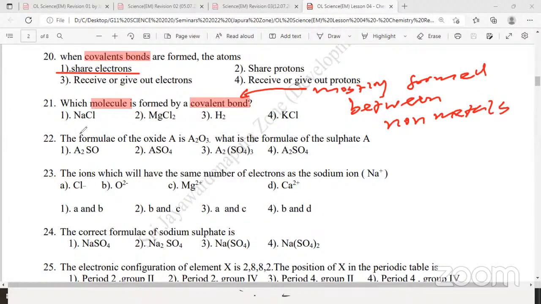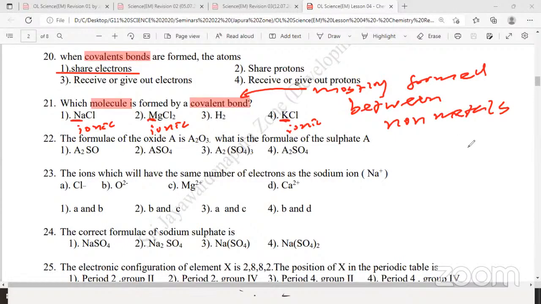sodium is a metal, therefore it's ionic. Magnesium chloride, magnesium is a metal, therefore ionic. Potassium chloride, potassium is a metal, therefore it becomes positively charged, and chloride negatively charged, therefore it's ionic. They are ionic lattices. So the easiest method to remember ionic and covalent, how to differentiate easily,